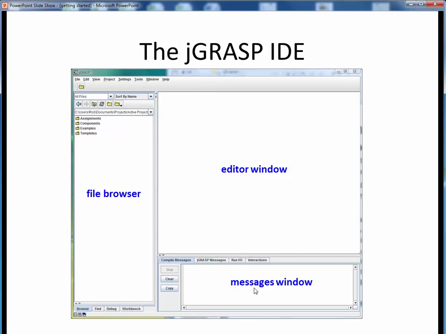Depending on what we're doing at the moment, this is where we'll see either compiler output messages or else program data outputs. The window at the left is the file browser. We can select a working directory using the drop-down menu at the top, and then we'll see its contents as a directory and file structure in the main body of this window. Hopefully this type of top-level windowing structure is not entirely unfamiliar to you.